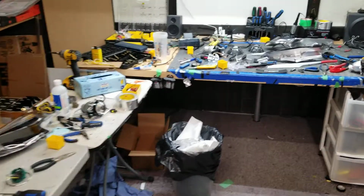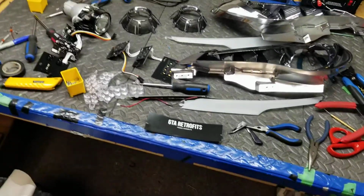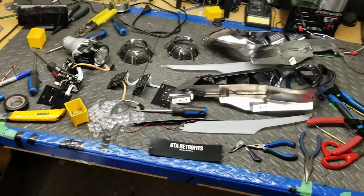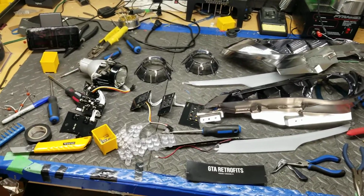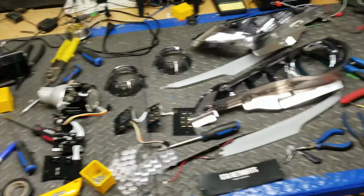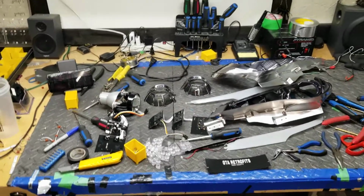Okay, so this is going to be an internal, in-depth review of the VLand headlights versus the Valenti headlights for the FRS twins, whatever you want to call them. Not about the appearance, whatever you like for styling wise, that's your call. A lot of people always ask what's the best type of headlight for output and styling and quality. Well, we're going to go over the two most popular, albeit that's more popular in Japan and where